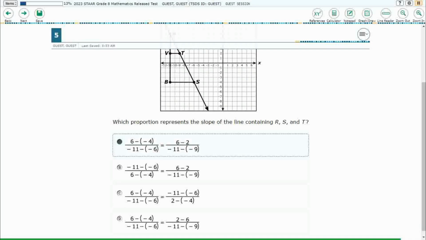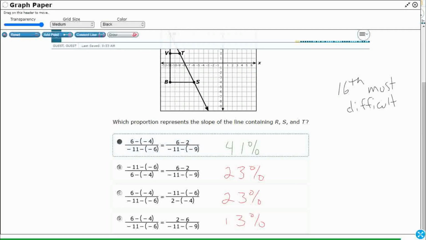Let's see how we did across the state of Texas. This was definitely on the more difficult side. This is tied for the 16th most difficult. We only got 41%, a hair over 2/5 of our students got this one correct. Take a look at these two incorrect answer choices, right? 23%, 23%, right? That lets me know that we've got some guessing going on here. And probably this is a little bit lower because we do have a few students that didn't guess but actually